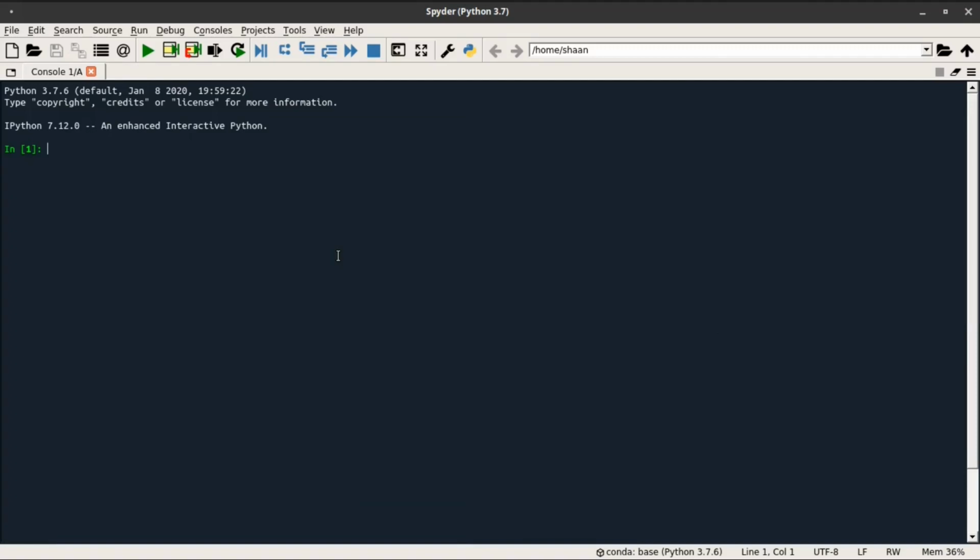Now you can use this console to perform various operations, be it arithmetic, be it relational operation, be it logical operation, or you can do simple calculations. So let us see how to perform these operations on your IPython console.